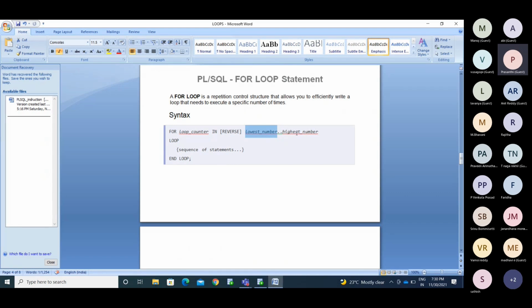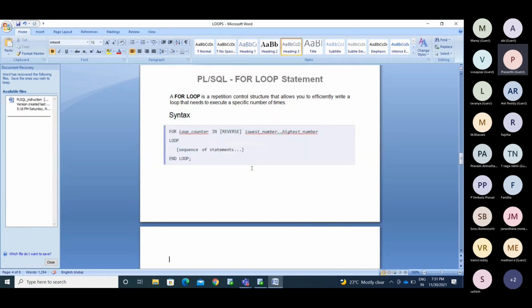If it reaches 50 trips, I need to stop my driving and go home. If you want to put those types of conditions, we use the for loop. If you know how many times you need to repeat, we go with the for loop.